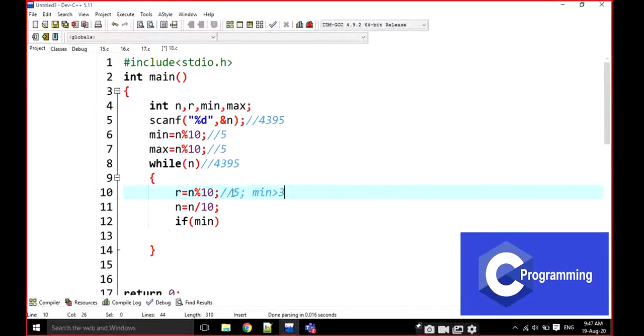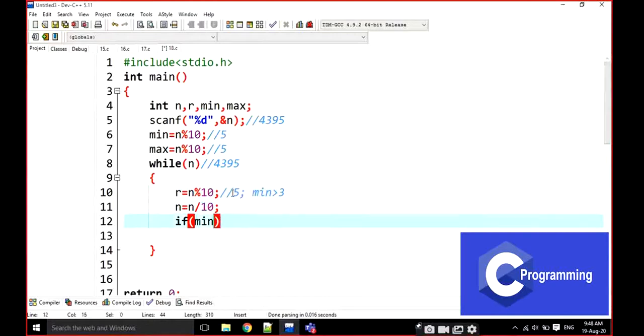That means the minimum value I am assuming is greater than the digit. Yes, then this digit is the new minimum value. Is it clear or not? I am assuming one digit as a minimum value. Now I am checking whether the assumed minimum value is greater than the digit. If so, then the digit is the smallest value.